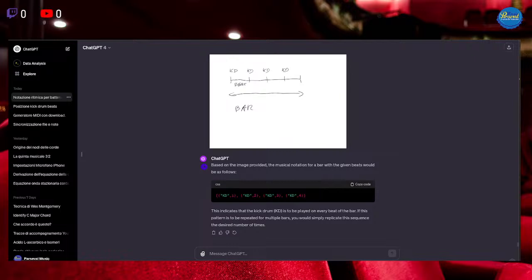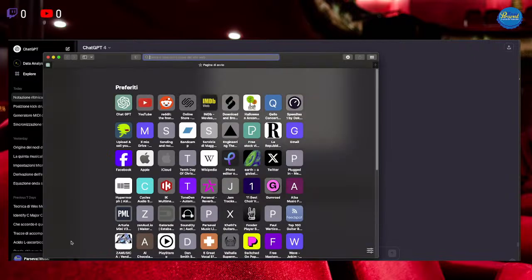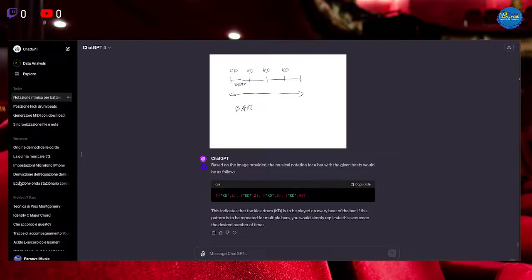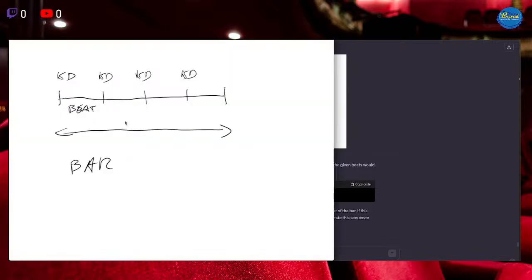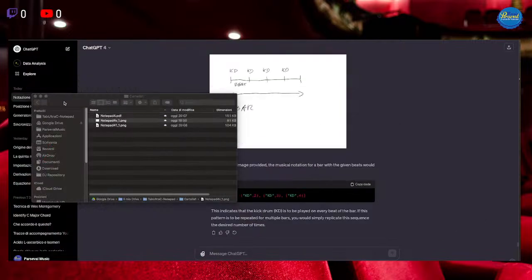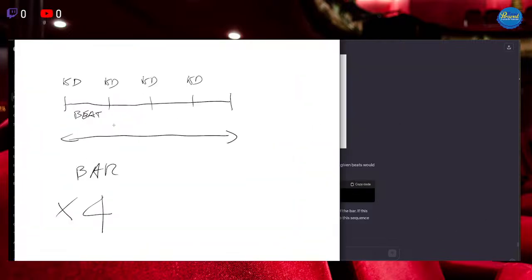But the good thing is that if you try to make some changes to the drawing, you have a convenient way to inform the generator to alter the sequence and modify.